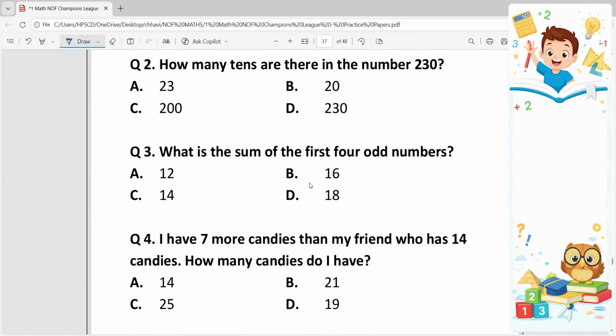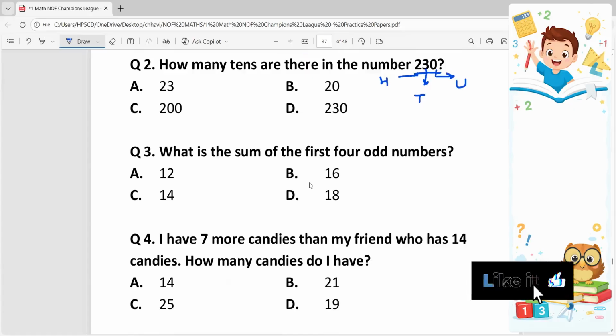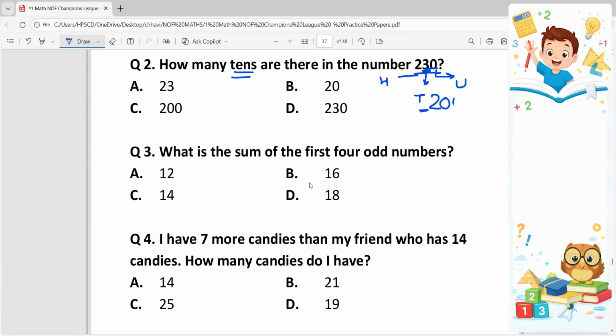Second question. How many tens are there in the number 230? Now, do you know what is tens? See, this 0 is units place, this 3 is tens place, and this 2 is hundreds place. So we have to see this tens place, that is 3. We have to see how many tens are there in the number. So there are 2 tens because 200 plus 30. So the answer is